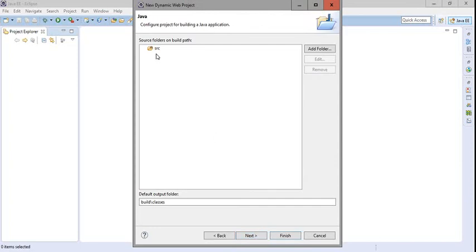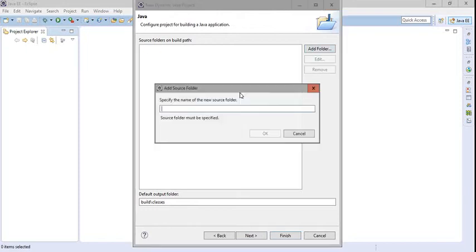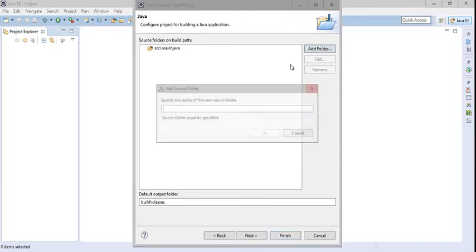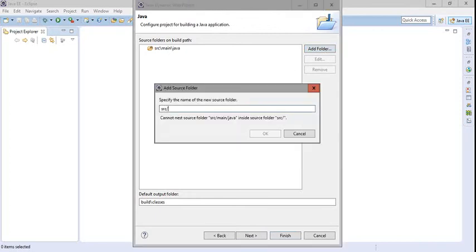Now while clicking next, I have to maintain the directory structure as per the requirement of Maven. So I will remove this folder and add some folders like src, main and Java. The names of the folders should be the same as I am using here, because everything is standardized in Maven. You can't alter the directory structure.